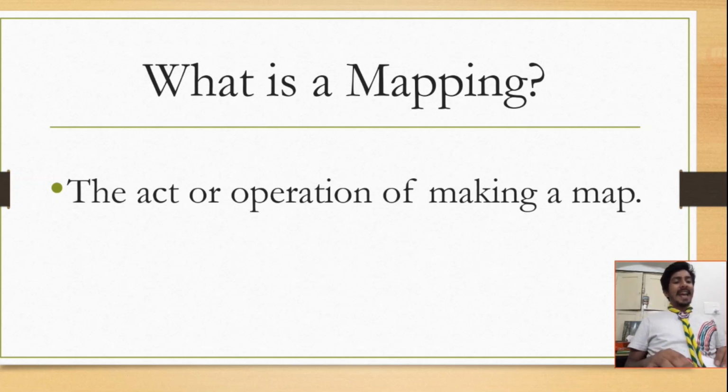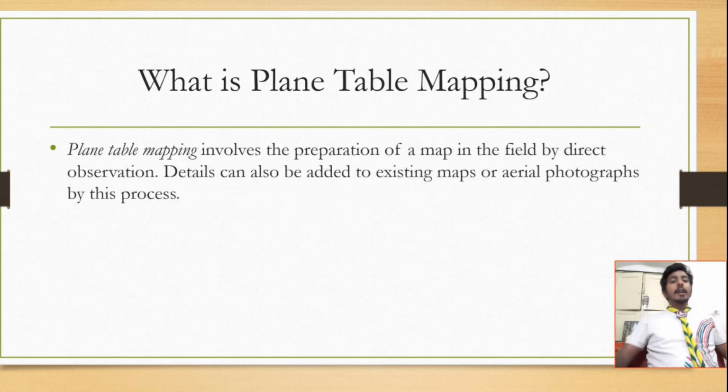Assume we have a rally or a camp or any other event where there are multiple features such as different patrol tents or different tents for different schools, activity area, dining place, etc. If we have a map in such situations, it is easier to reach and navigate that place with the help of the map, in case it is a big area. Now let us understand what is plane table mapping.